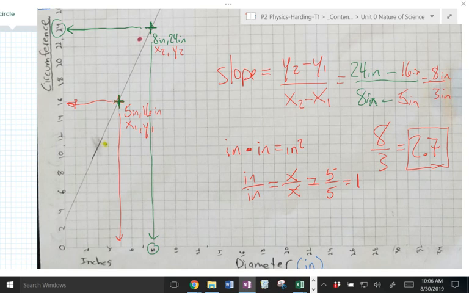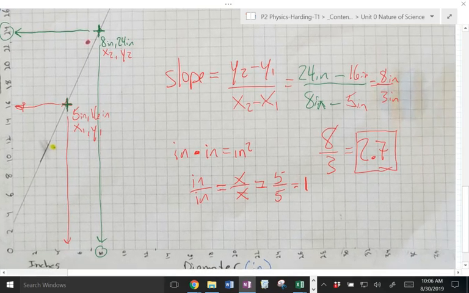Now, it's also really important that you identify that you're not being lazy, that you thought about the units, and the math says there's no units. So I would write no units next to that in your slope calculation. That way I know that it's intentional, that it's not just you being slack on a